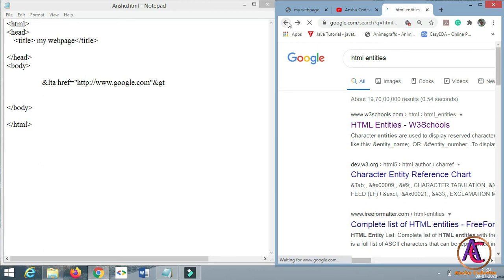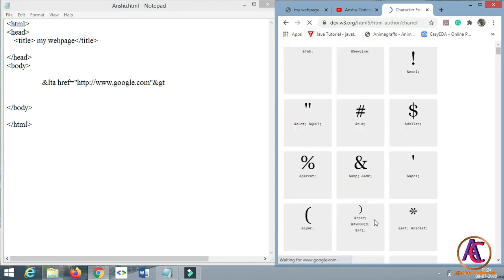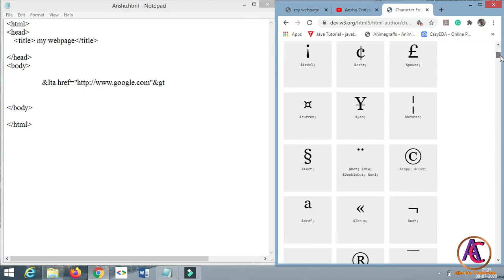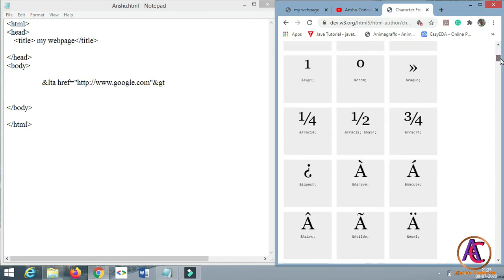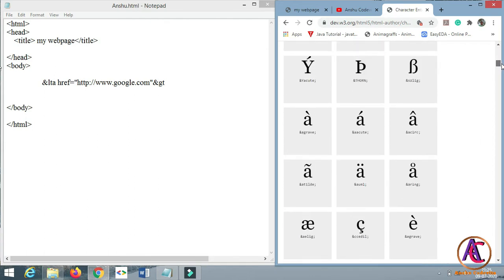Come back and you will see that there are many character entities also. So click on that link. You will get so many character entities and their codes also. You just copy it and put it in your code, and you will get that entity.